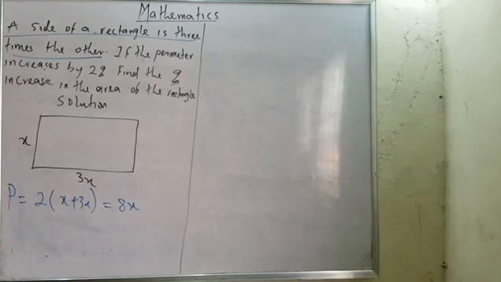Now, since I know my perimeter is that, the perimeter with respect to x will be equal to 8. Now, since I know that is my perimeter, with respect to percentage increase, it means, let me put this